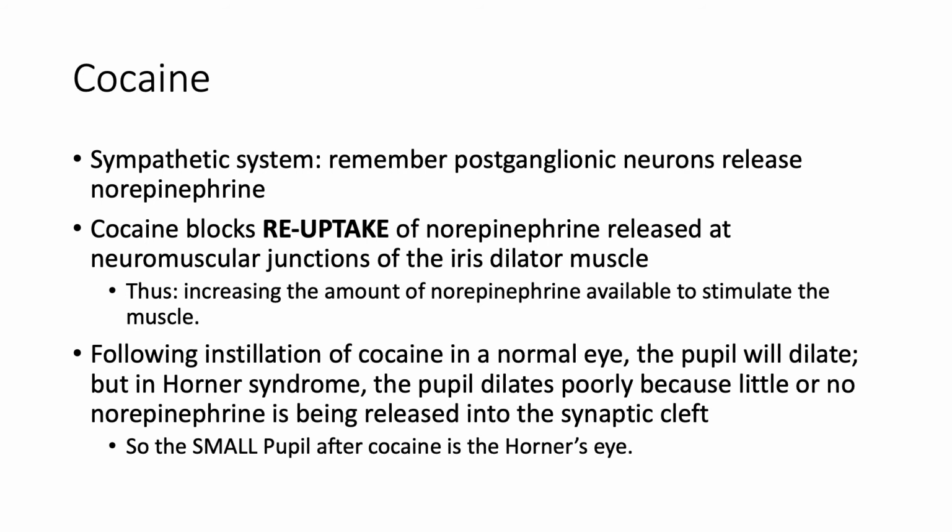Following instillation of cocaine in the normal eye, like we just talked about, the cocaine blocks reuptake of norepinephrine, and then the pupil will dilate. However, in a Horner syndrome, the pupil dilates quite poorly because there's little or no epinephrine already released in the sympathetic cleft. So in this particular pathway for the Horner side, there is limited sympathetic